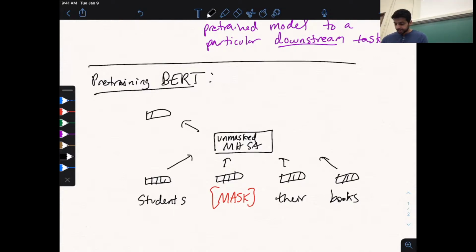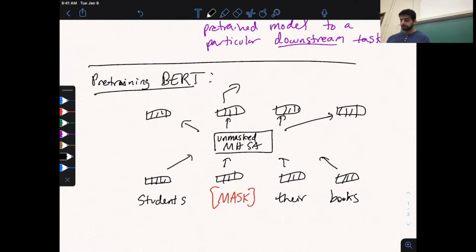So then we get a couple of vectors as output. And unlike in a decoder-only model, where we put the softmax layer on top of every single final layer representation, with BERT, we are only trying to predict a word at the position of a mask token. So here, we're trying to predict not the next word, but the missing word, right? And so this is why we have this name of masked language